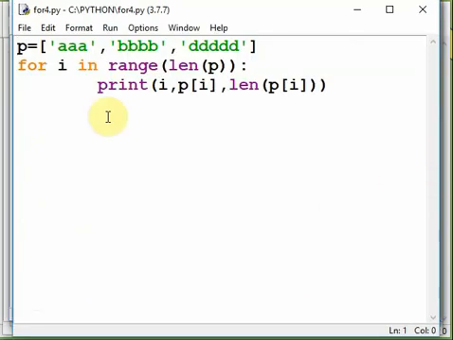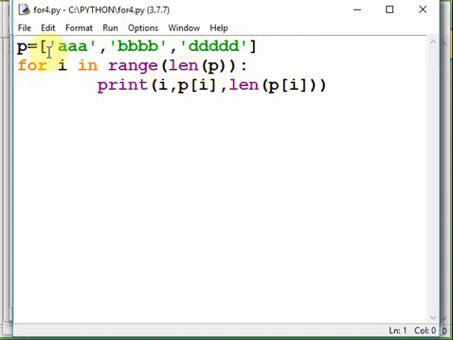This example is a for loop with a list. The first statement is a list: P equal to, in square brackets, string 1, string 2, string 3. For i in range(len(P)): print i, P[i] and len(P[i]).